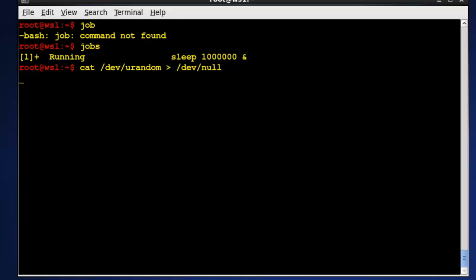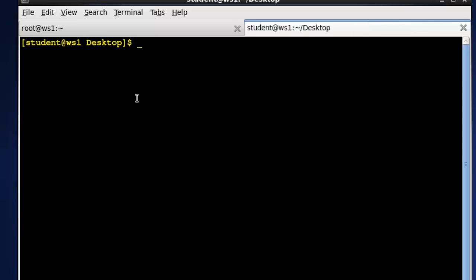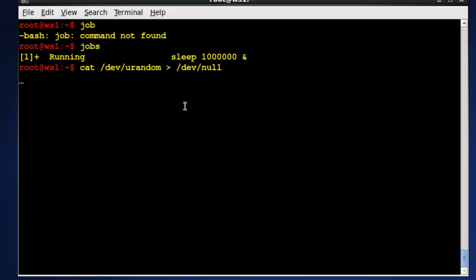Not a big deal, you're thinking, when you're here and we can just open up multiple terminals, but it is a big deal when you're SSH'd into a remote server, which is a very common way to be interacting with a Linux box. If I want this, okay, so now it's taken my terminal. Well, if I want to put this in the background, what I can do, there are two key sequences that